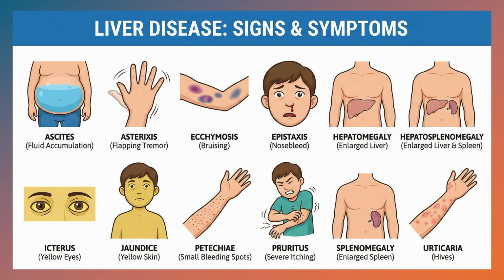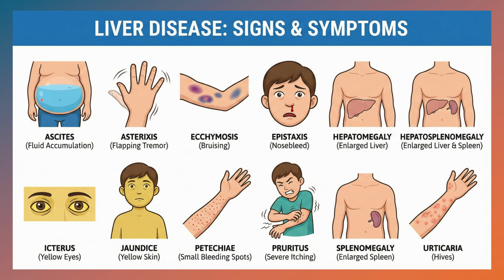So from that long list of key terms we have at the beginning of the chapter, I selected those here for liver disease signs and symptoms. So we go alphabetically one by one. Signs and symptoms: what you see or what the patient feels. So the first one, as you see here, is